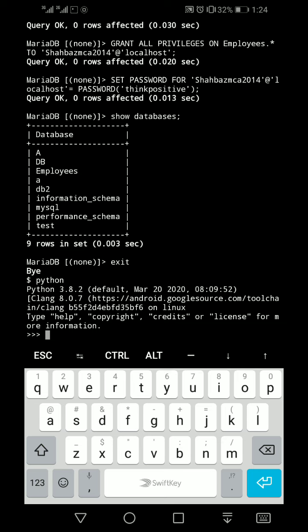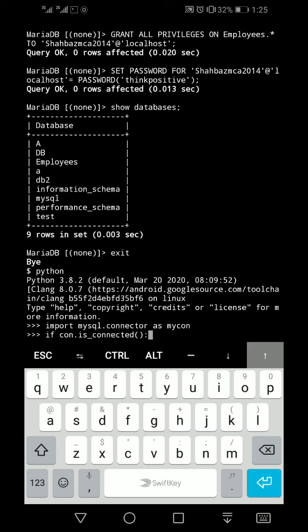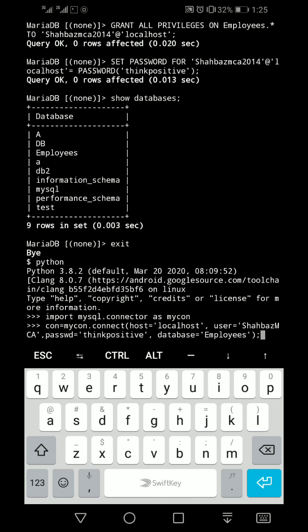Now you can type coding related to Python with database connectivity. I have already written this one. Look, import mysql.connector as mycon, enter. Then the second line of coding: con is equal to mycon.connect, host is equal to localhost, is correct.